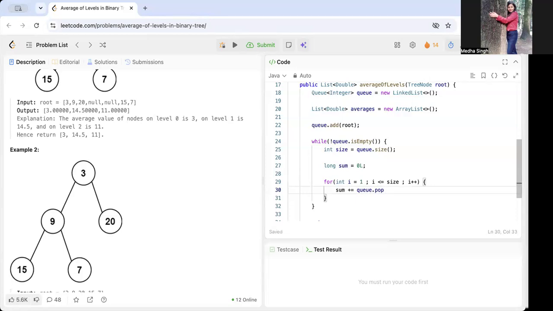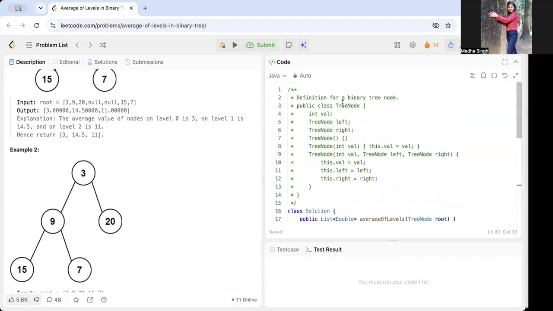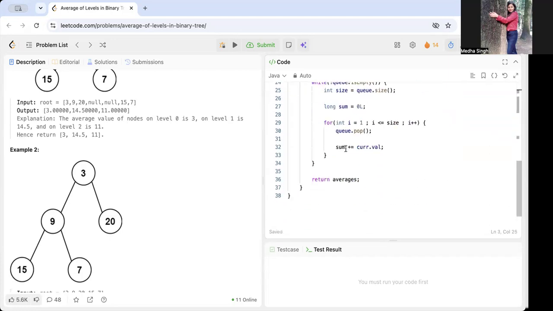Before that, sum plus equal to current dot val, current node. And tree node is the data type here, right? So let's have tree node current is equal to q dot pop. So we added it to the sum.